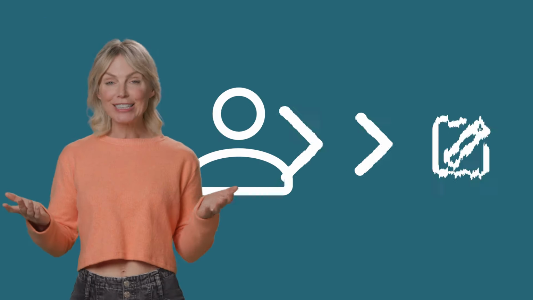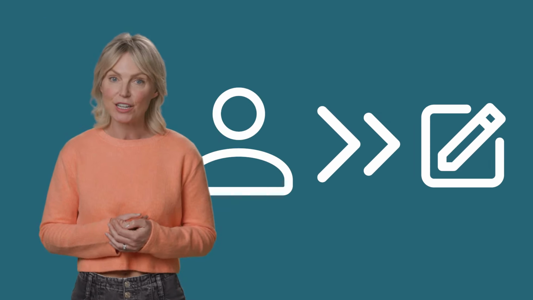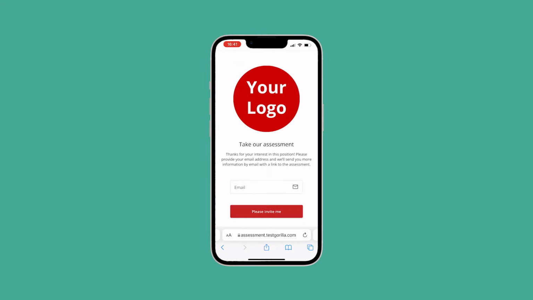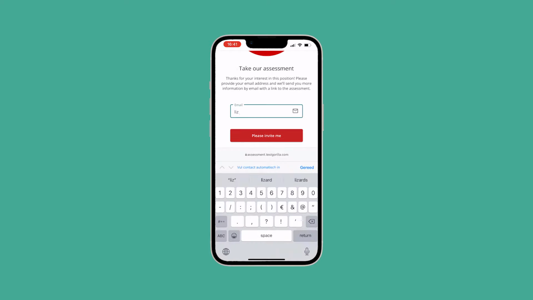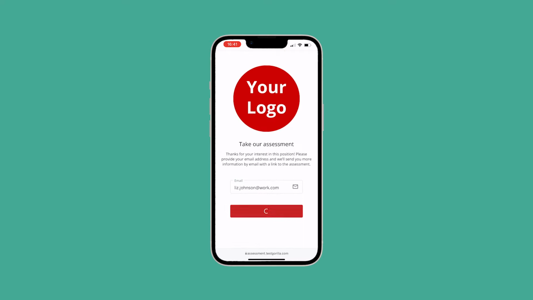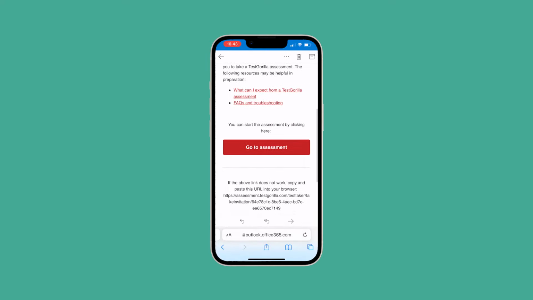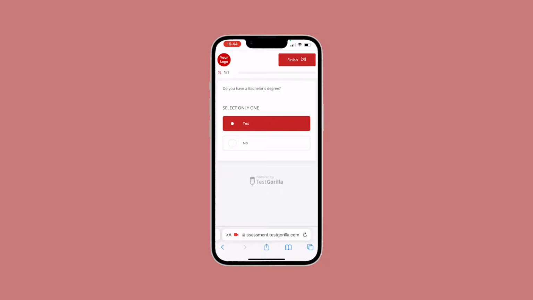Now candidates can head straight to your assessment as the first step of the application process, rather than emailing you. This saves you a ton of time and gives every candidate an equal chance. Anyone who wants to apply can just click the link. That leads them straight to your branded invitation page. After filling in their email address, they'll automatically receive your customized invitation email. Make sure to write an engaging welcome message to motivate your candidates to complete the assessment. After a candidate completes the assessment link in your email, they'll be taken to your qualifying questions. So that means without having to do anything, your first contact with candidates will be on the results page.